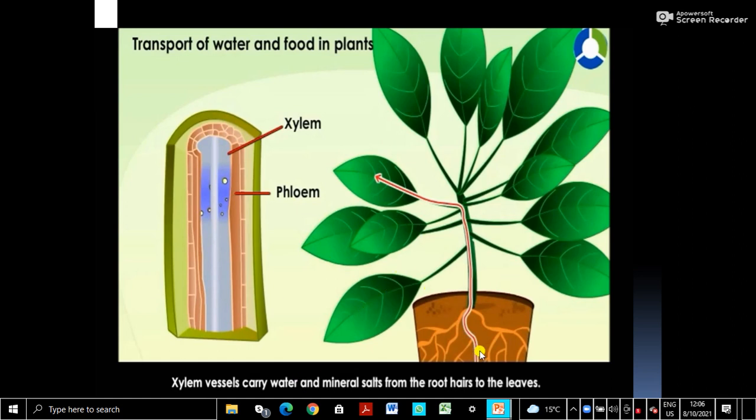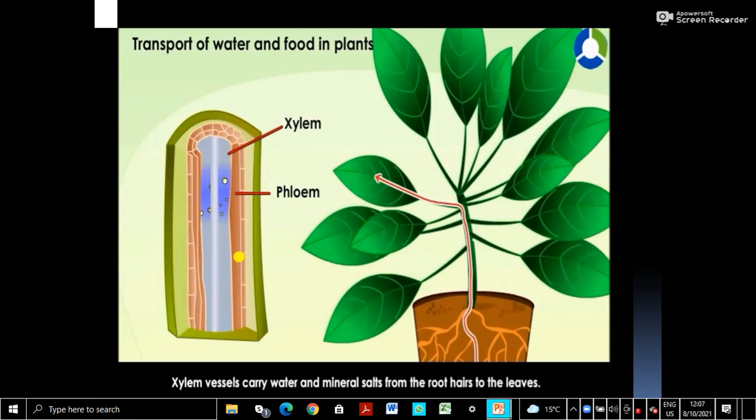So this is the plant root system, shoot system. So you already have the knowledge that roots absorb water from the soil. But it's not only roots that need water, it has to be transported to all parts of the plant body. Okay? And similarly, you know that leaves synthesize food. Photosynthesis takes place in leaves and food is synthesized in the leaves. But it is not only leaves that need food but all parts of the body. So food has to be transported from leaves to all parts of the body.